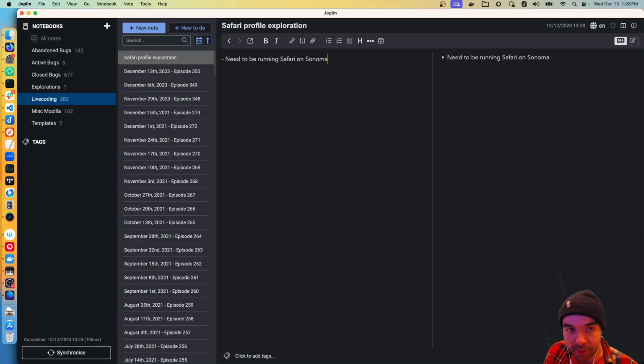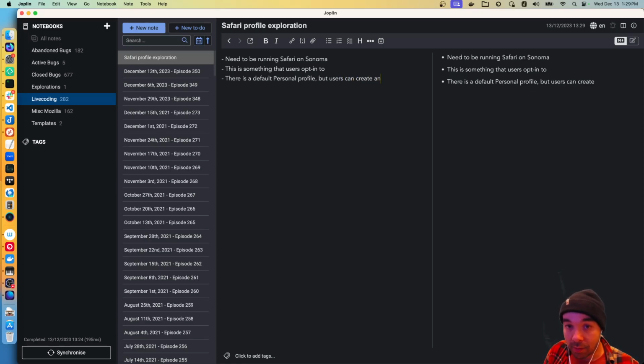Safari on Sonoma. This is something that users opt into. There is a default personal profile, but users can create, I'm going to presume, an arbitrary number of alternate